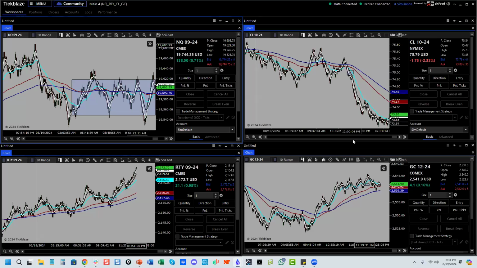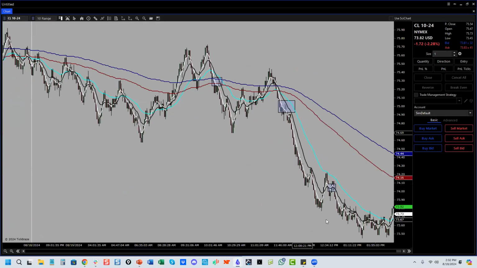It's not that the ES couldn't work. It's just that the ES is a high volume market. If you think about the NASDAQ, crude oil, gold, and the Russell, they're all low volume to high spread markets. They trade less volume, but they move big ranges when the market moves, which means when they pop, they pop. Take a look at this market: get a clean trade, boom, it just rips. It's just because it's a thin market.